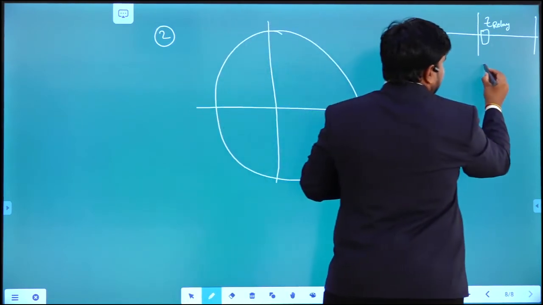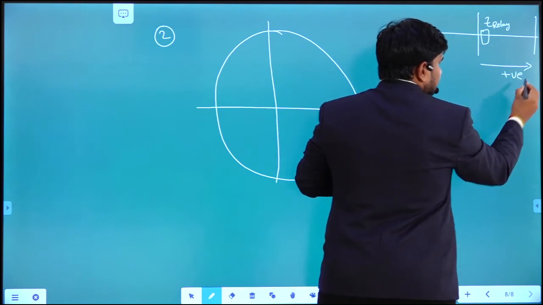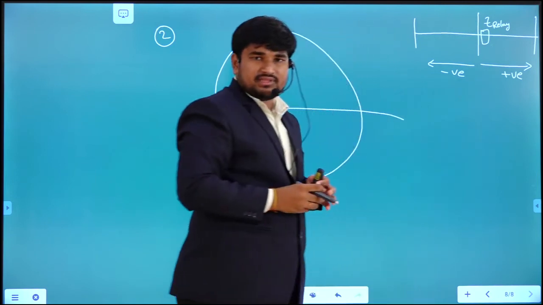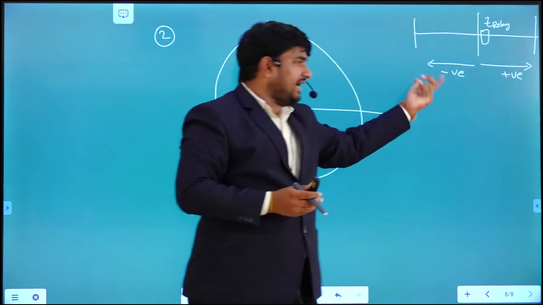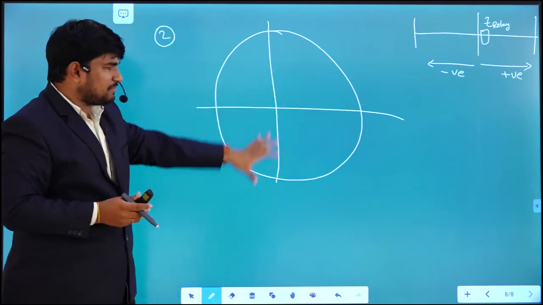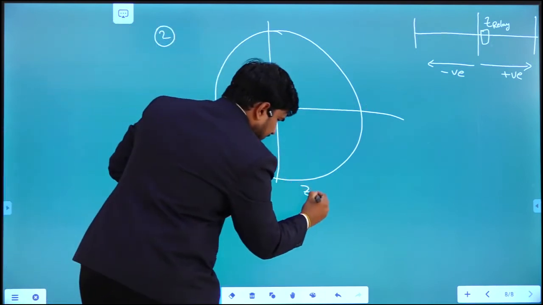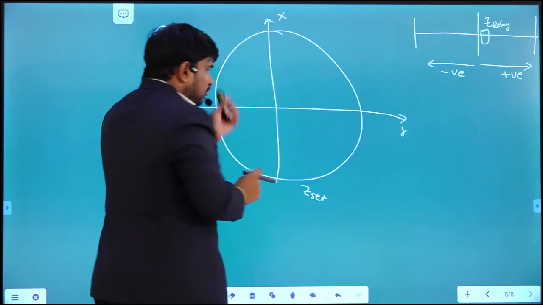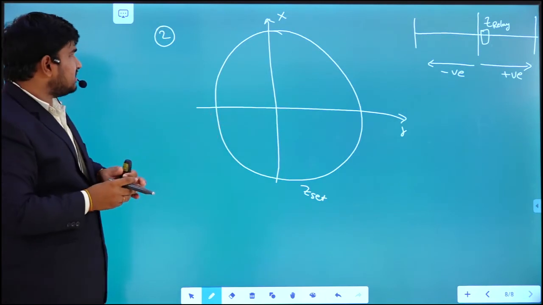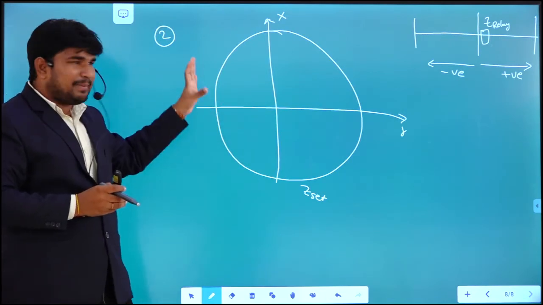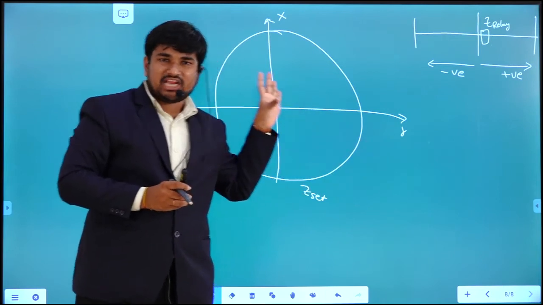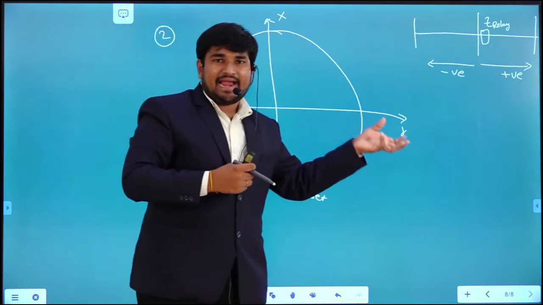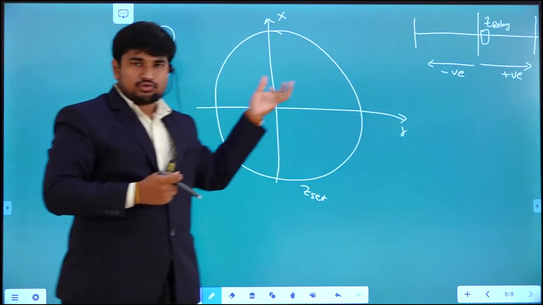For example, if I have taken this as positive, it can also observe in the negative direction as well. The reach can be in the positive direction and in the negative direction, because it is observing both positive values of resistance and negative values of resistance, right? So this is the second limitation. The impedance relay does not have a directionality feature. To get this directionality feature, we need to add an additional directional relay to this impedance relay.